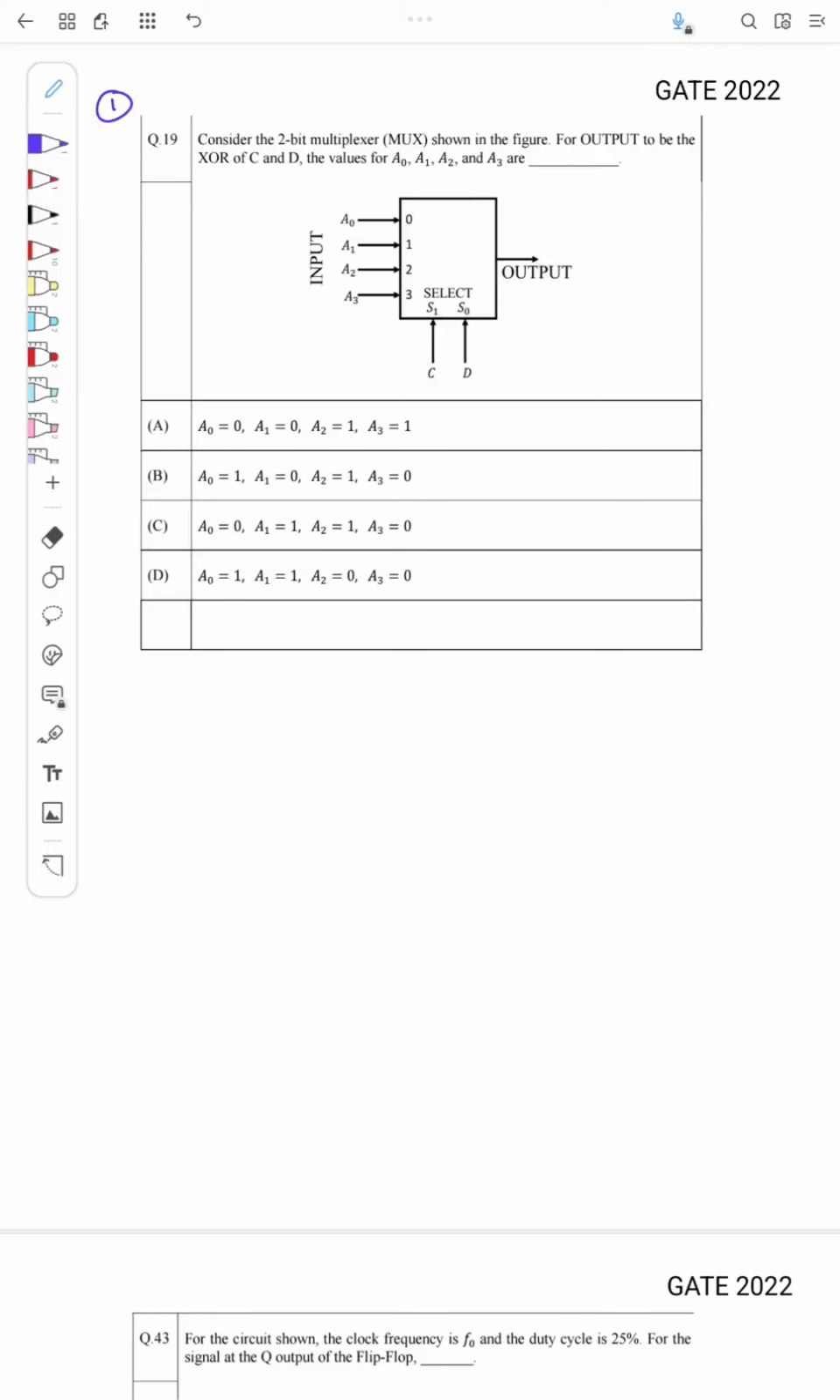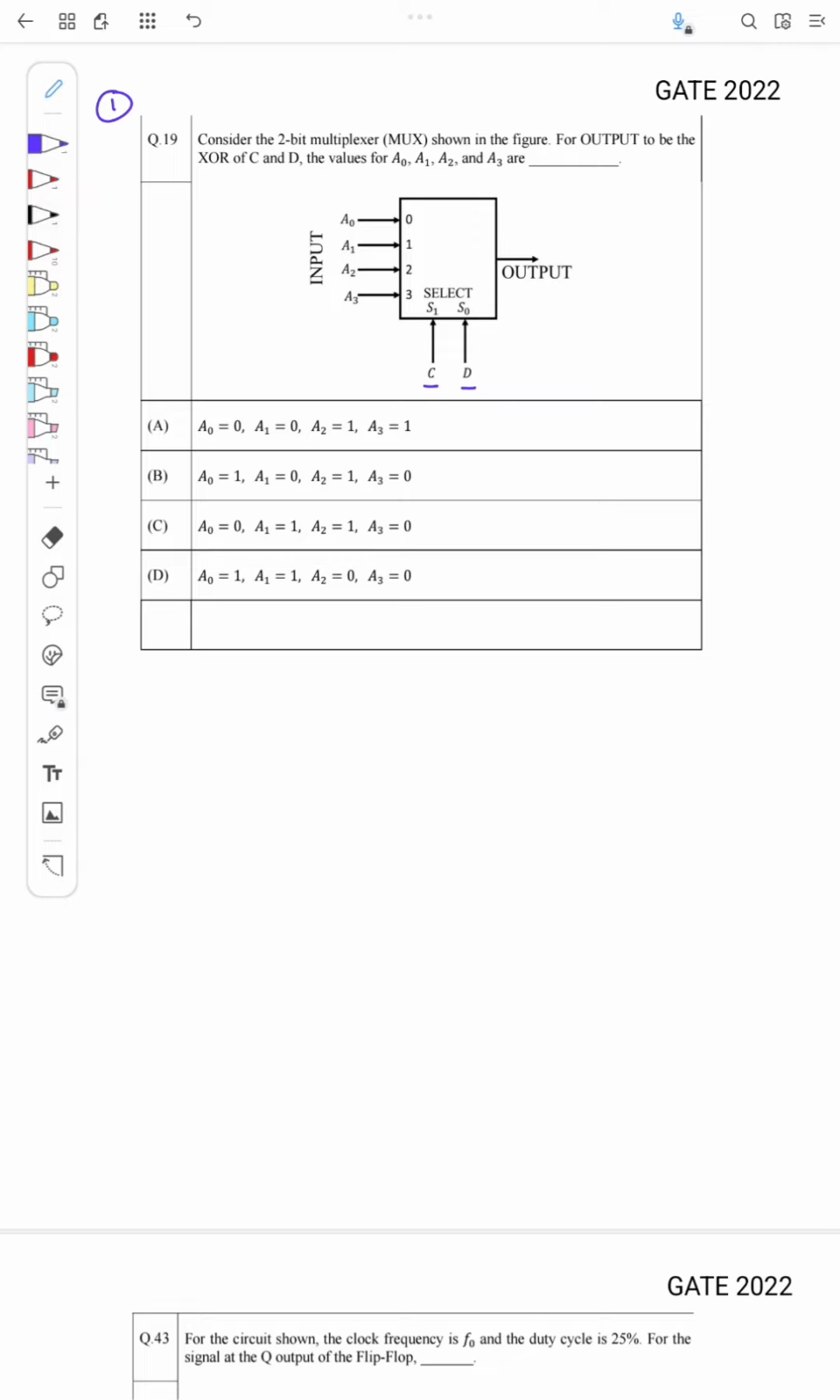The question is: consider the 2-bit multiplexer shown in the figure. The output is to be the XOR of C and D. The values of A0, A1, A2, and A3 are? So the question is, a mux is given here, and C and D are the select lines S1 and S0